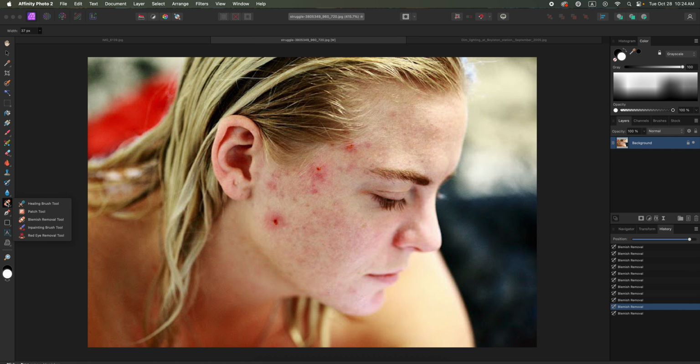But underneath the blemish removal tool, we have something called the patch tool, and this is one of my favorites when it comes to manipulating images. You just sort of click and drag around the area you want to fix, and then when you move the cursor, you're choosing the part of the picture that you want to replace that information with. So I can experiment with different areas. When I find something that seems like a good fit,